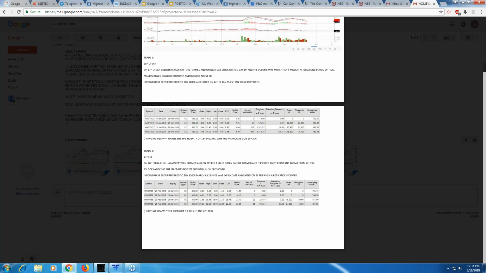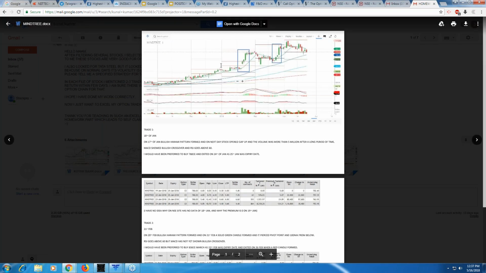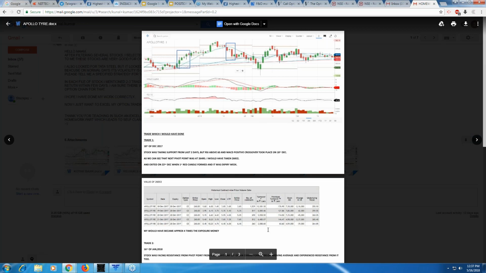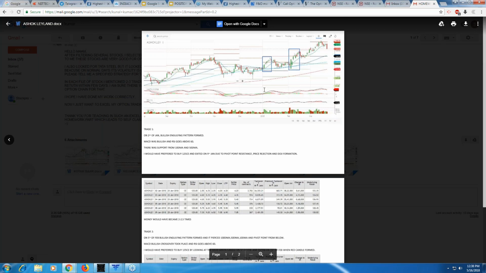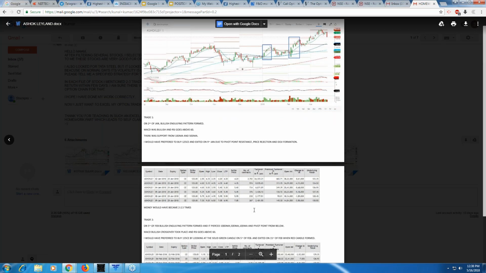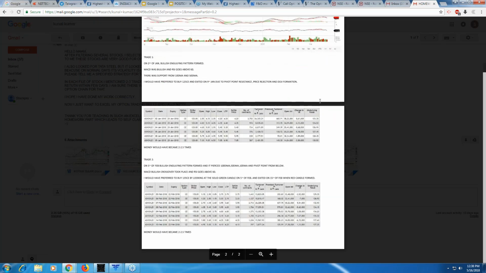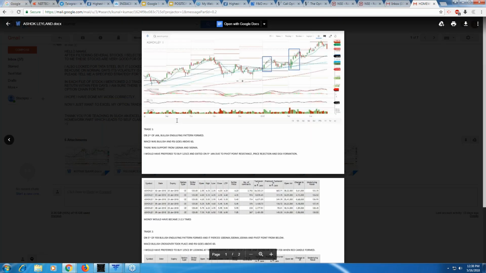Same here, this is another trade but identification of the trade has to be correct. Trade of support. Right. Similarly, out here, Apollo Tyres, trade of support, and money has become almost double. Right. Money has become double. This is Ashok Leyland, which has also given good returns. Money has become double here and double here. So these are a few stocks, but you can do your own research and figure out